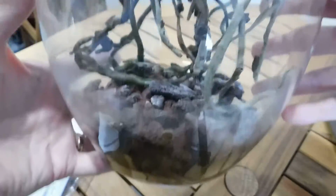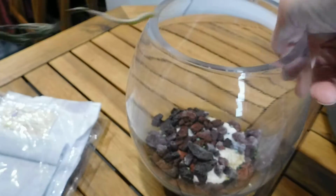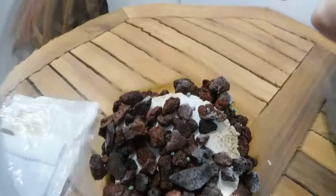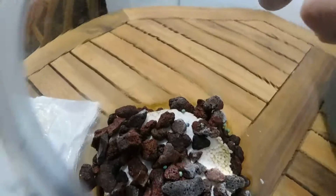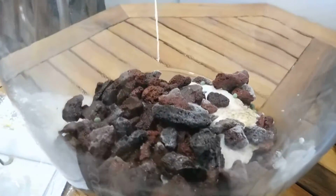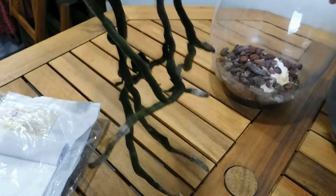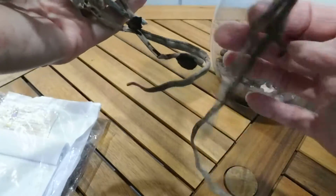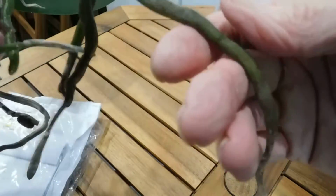Can you see the salt build up down there? Let's just take her out. I don't know whether you can see inside there on that lava rock, there's a lot of salt build up there. Is that any easier to... oh yes, you can see it there, can't you? And this is what's happened when I come to check some of them,